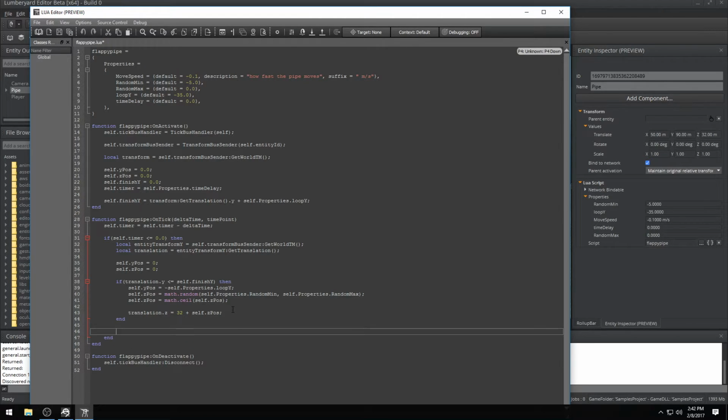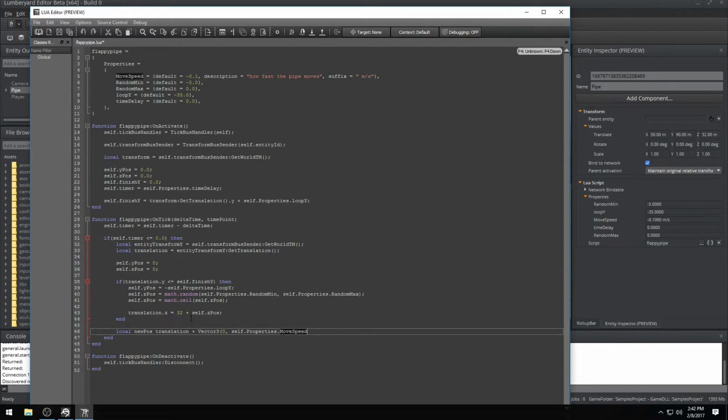And now that that's taken care of, we're going to do this every single frame. So we're out of this if. So this is just basically adjusting the thing whenever we get to the point where we want to reloop. This is going to happen every single frame regardless. So we're creating a new position, which is translation plus a vector 3, which is always 0 in the x because we're not moving forward or backwards, we're just moving left or right. And it's going to be